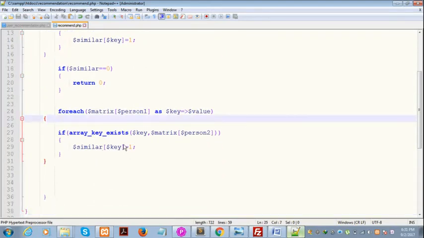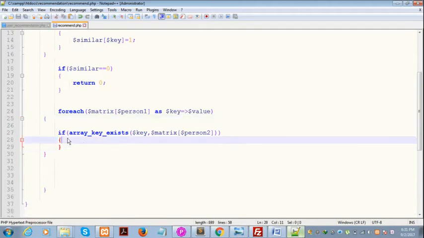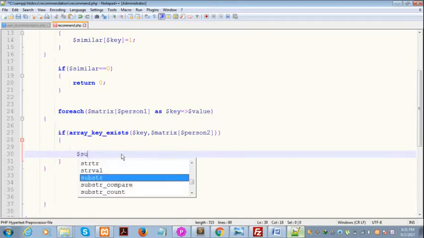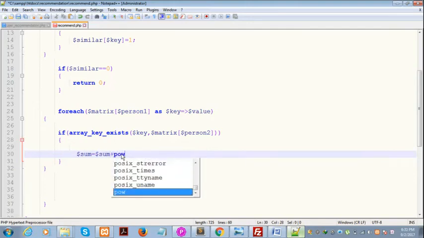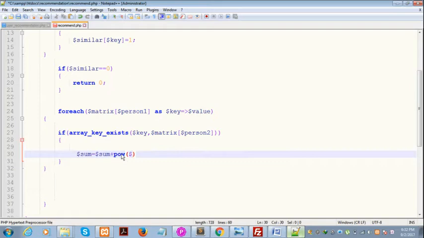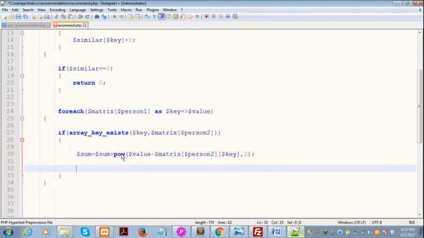If array key exists, we will do the sum is equal to $sum plus we will use the power function and the value minus $matrix $person2 and the value given by this person, and the second thing is the power, and then